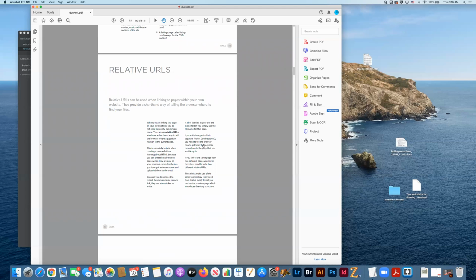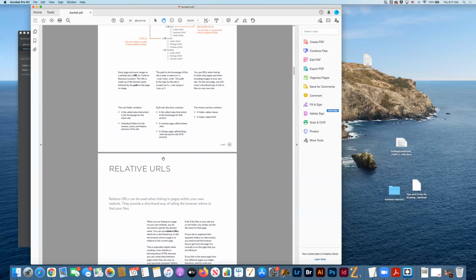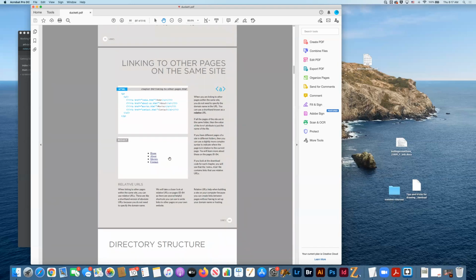Relative URLs. When you're linking to a page on your own website, you do not need to specify the domain name. And so I think it's really important to keep that in mind. Relative URLs are in-house links. So again, going back up,